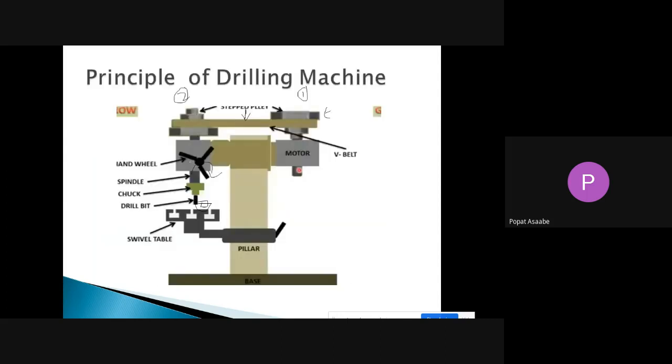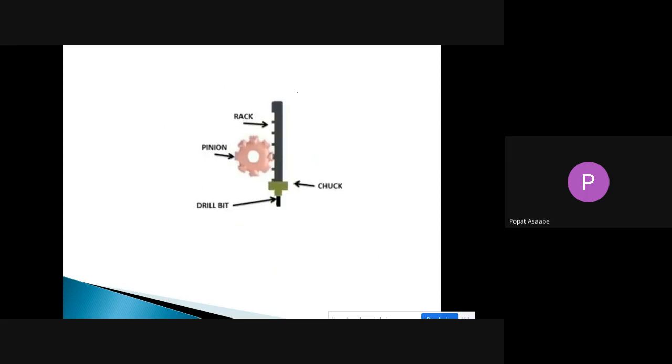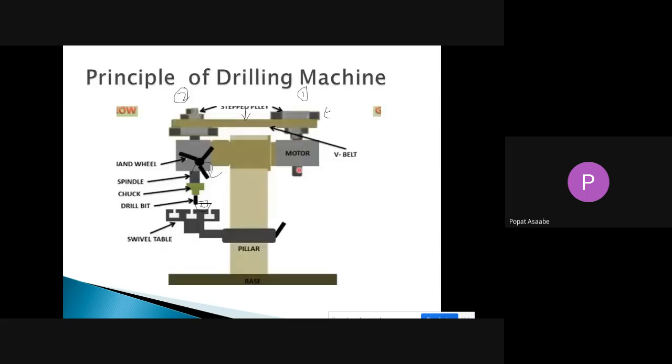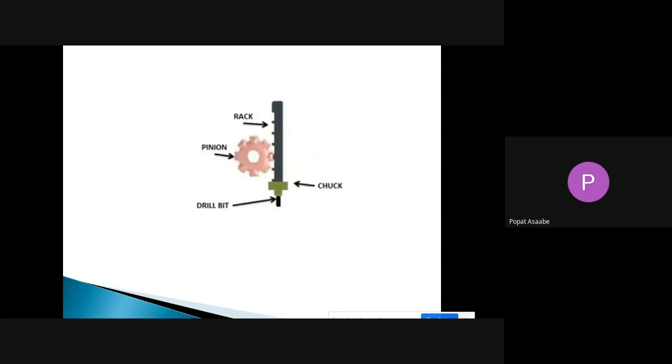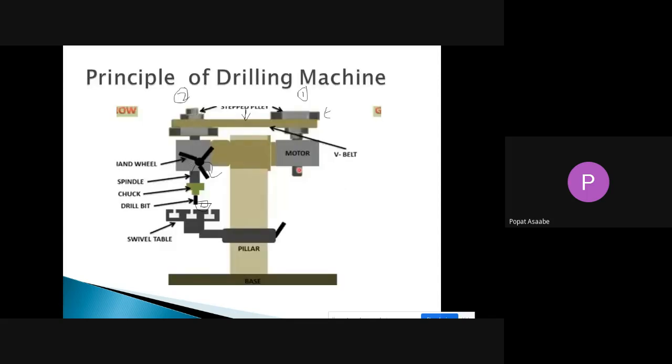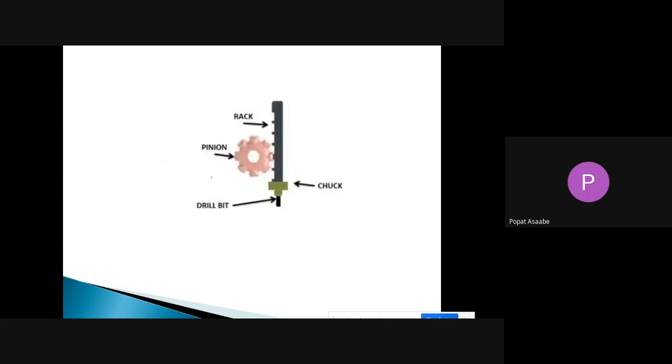Now see here how that hand wheel works. Inside that hand wheel, the rack and pinion mechanism is there. You have to remember, inside that hand wheel one rack and pinion mechanism is there. Means the rotary motion of that hand wheel is converted into the reciprocating motion of your spindle. See here, this is the pinion, and that pinion is connected to your hand wheel. When your hand wheel starts rotating, along with the hand wheel that pinion starts rotating, and the rotary motion of that pinion is converted into the reciprocating motion of your rack. Means here your spindle is there, so your drill bit is going to reciprocate. Means we can move it up and down.